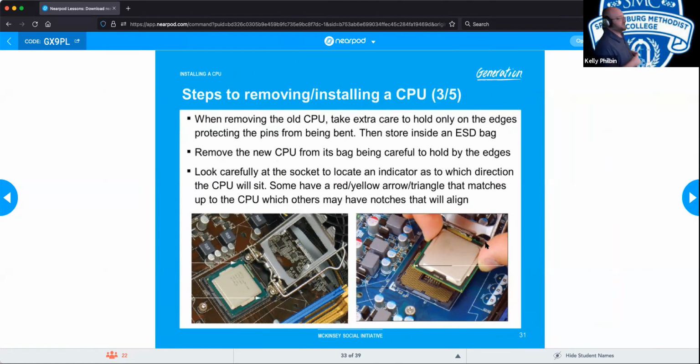So take extra care, hold it by the edges to make sure the pins are not bent. And then you take the processor that you're removing, put it in an ESD bag just to make sure it does not get damaged. And you may end up wanting to use this processor for another computer, like you may